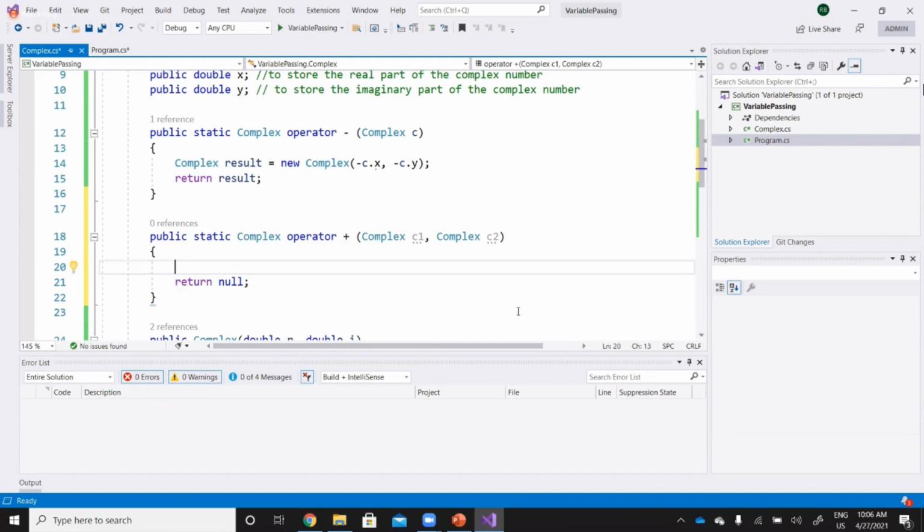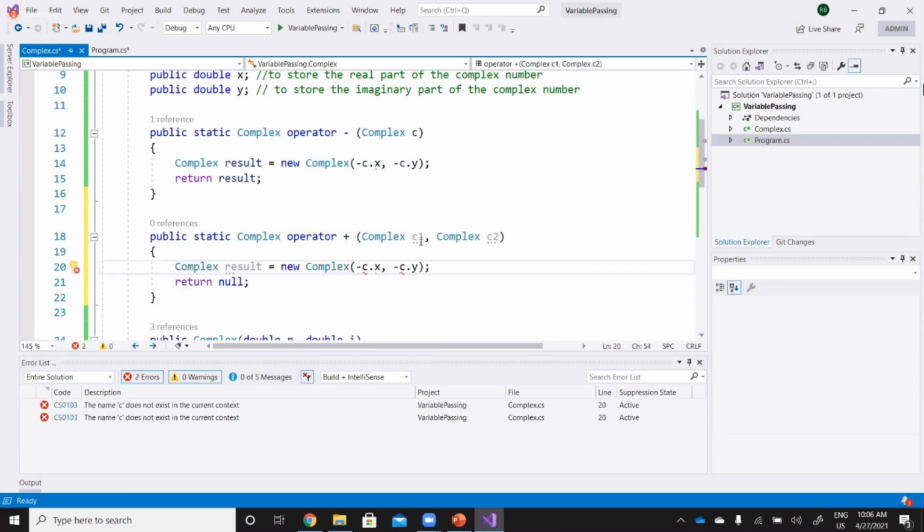Now you can again create this new one, and we have just C1 and C1, right? But still we are going to add the same, but with C2, and here, but C2, right?